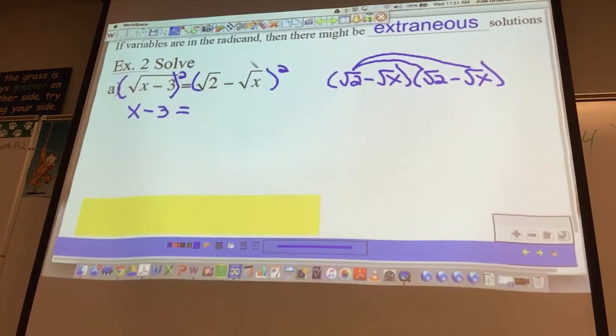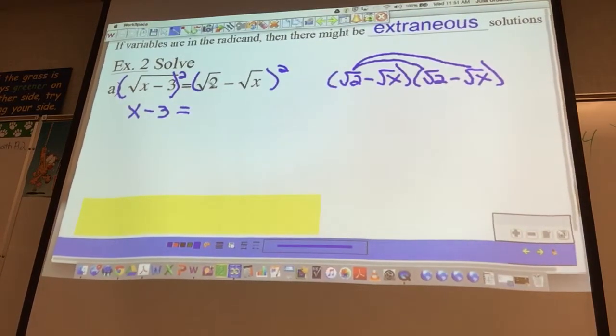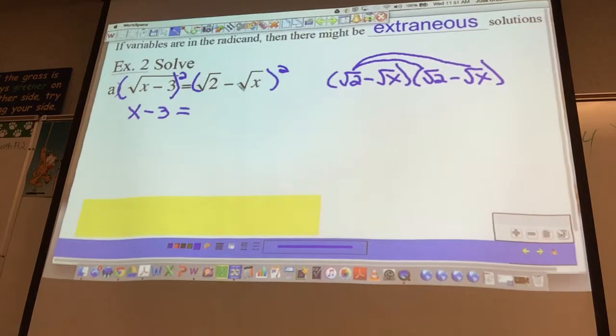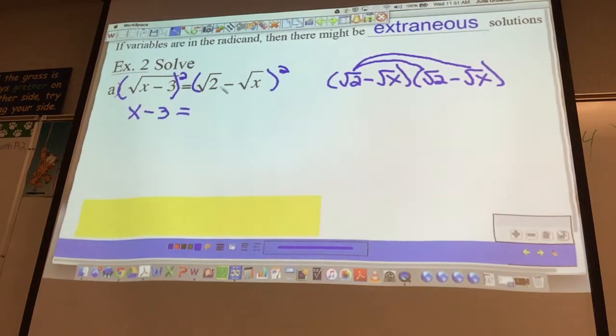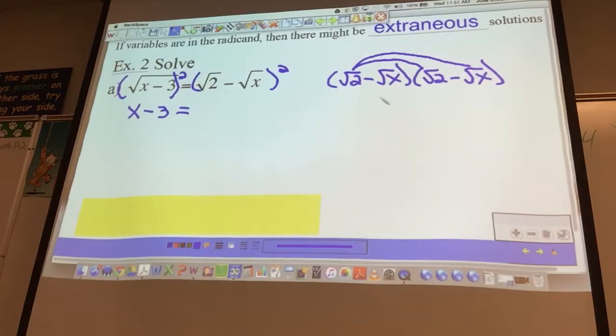So why should you do that? Because squared means you multiply it by itself. So I rewrote it as radical 2 minus radical x and radical 2 minus radical x. I thought it just takes away the square root. Nope, that's only if the square root is by itself. But these are two separate square roots and they're not that simple. When there's a minus sign, it changes things. You have to do first, outside, inside, last. All right. So here,